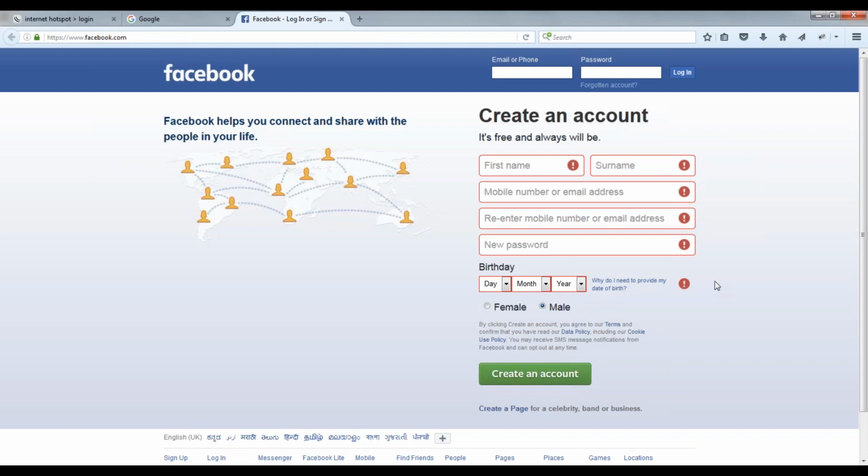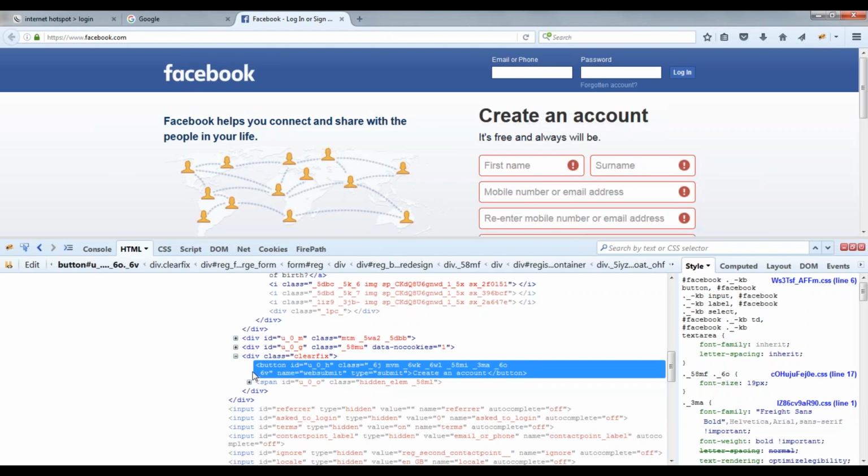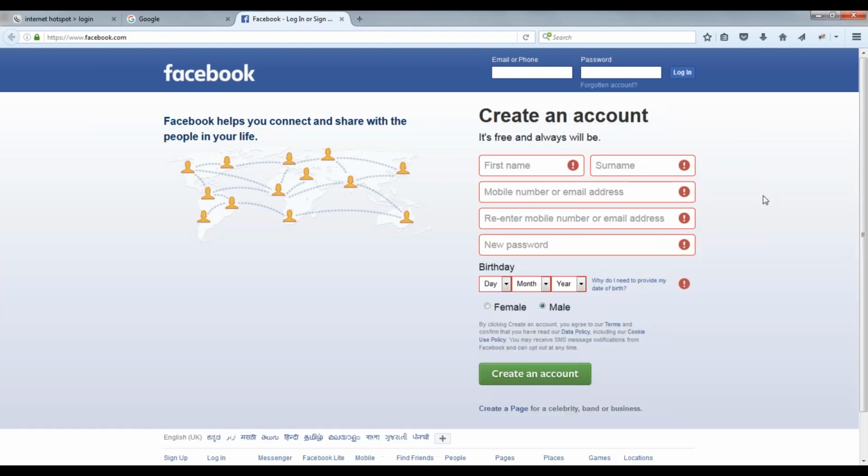Okay, that makes sense, and we'll try to click on this create an account button. Everything we will do tomorrow, so that you will understand. Then we will think of finding elements and other things. Tomorrow we will try to automate this registration page, so that you will get a clear picture of how exactly one page will be tested.